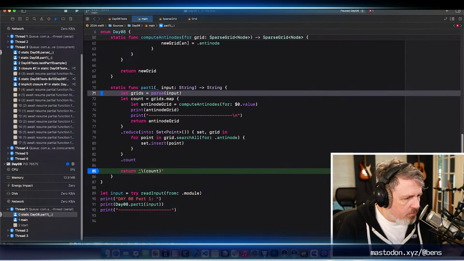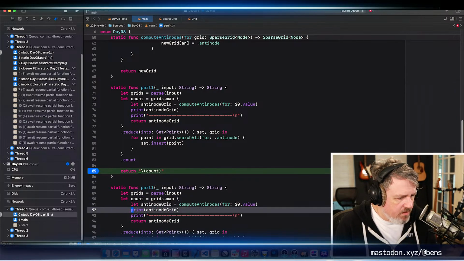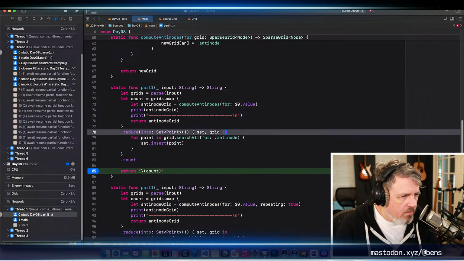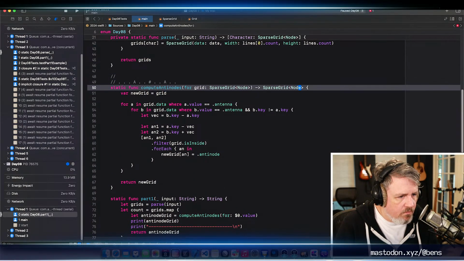All right, it's going to be pretty similar, but this time we're going to compute the antinodes, and I'm just going to say repeating true so that we can reuse this.